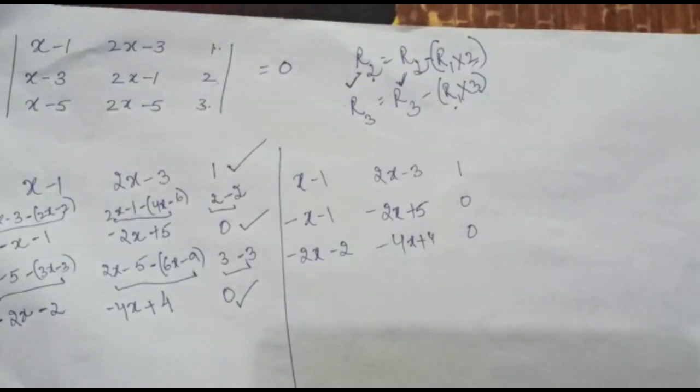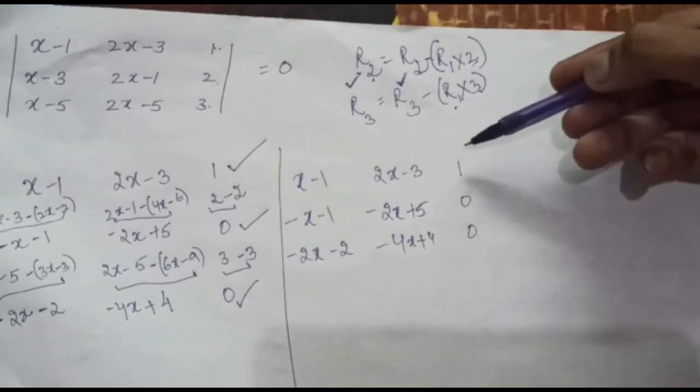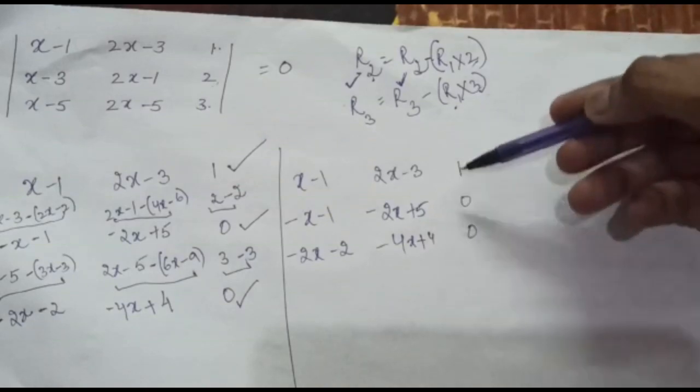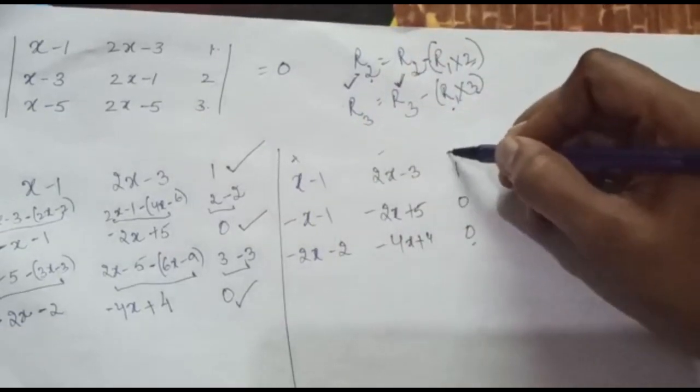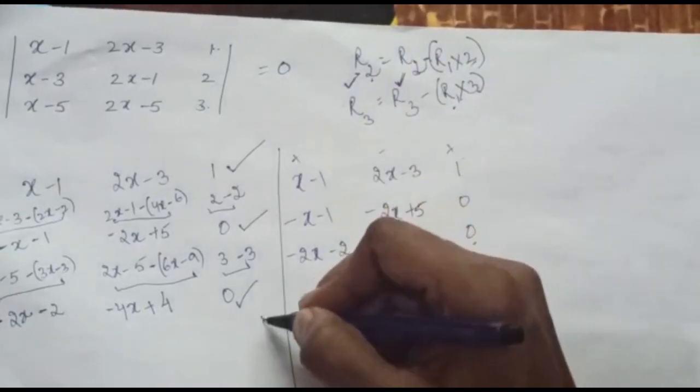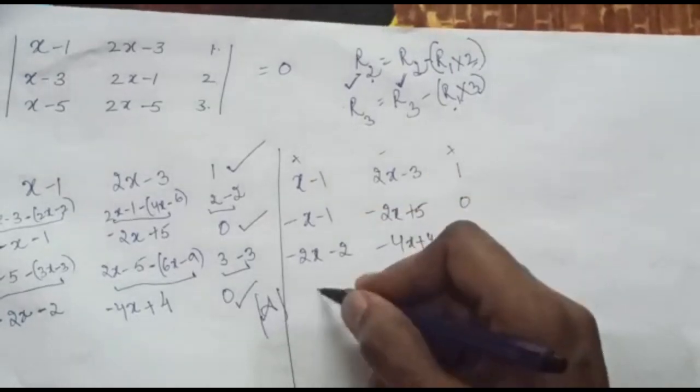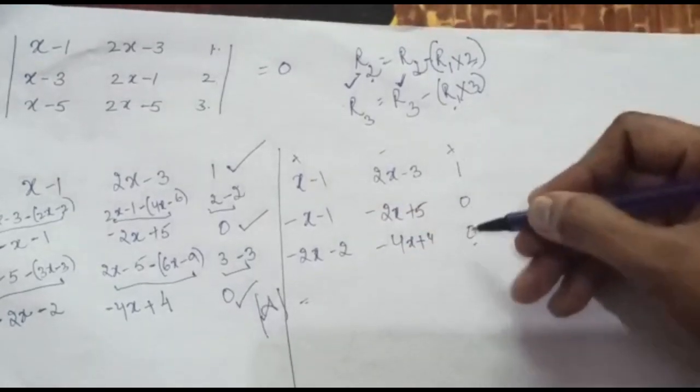Now this property you all might be remembering, that from any row or from any column we calculate the determinant, the answer comes out to be the same. So now here I am going to make use of the third column because it is much easier. Now plus minus plus. So when I calculate the determinant of this, see how easy it will be.